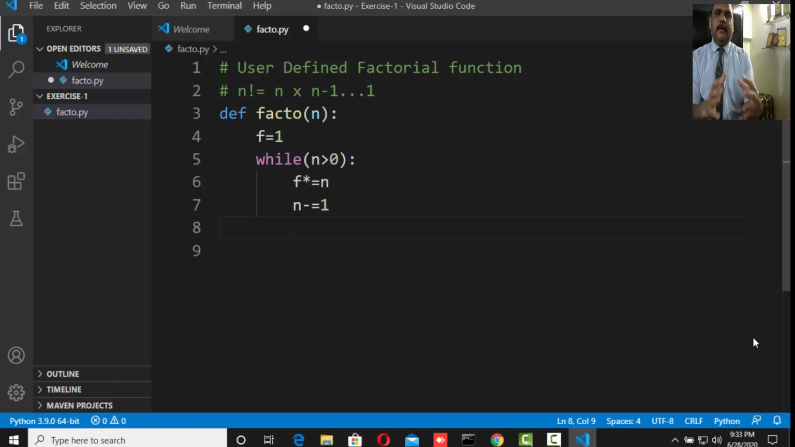Now here indentation is important because there is no opening and closing block. So this f into equals to n and n minus equal to 1 comes under the loop, and then here you have to return the value of f. From the calling area, you have to return the factorial of any given number. After that,